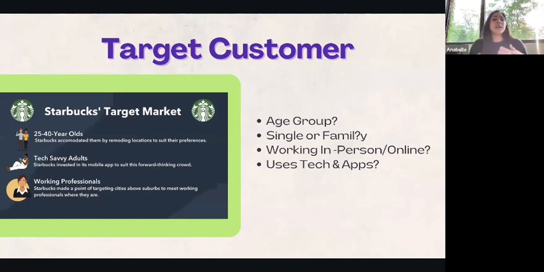Now, for example, Starbucks. Their target audience is between 25 to 40-year-olds. They accommodate them by having remodeled locations to suit their preferences and by having cool drinks. That is the age range they're targeting, right? They also have money to spend, and they're drinking more coffee. When people are younger, they don't drink that much coffee, which makes sense, right? Before, you would assume that they'd sell more teas. I'm sure they sell a lot of teas, but that target audience is going to be different. So depending on your product, your target audience is going to be different. The second thing for Starbucks would be whether their customers are tech savvy, right?